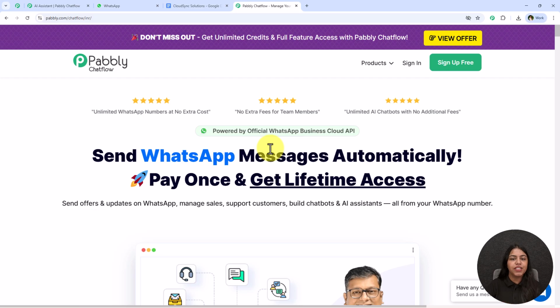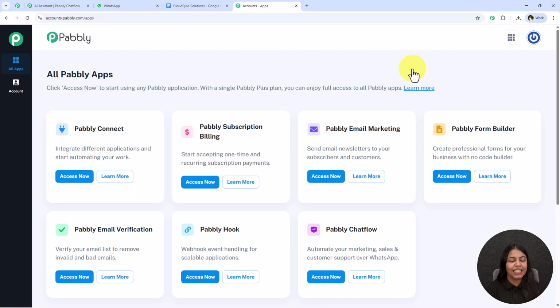So if you are a new user, you can click on this sign up for free and you're going to get 100 credits free every month to explore Pabbly Chatflow. But over here, I'm an existing user, so I'm going to click on this button which says sign in, and now it is opening all Pabbly apps, and over here you're going to see all the tools and applications offered by